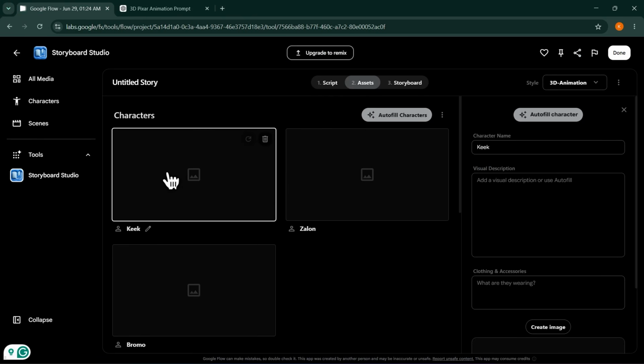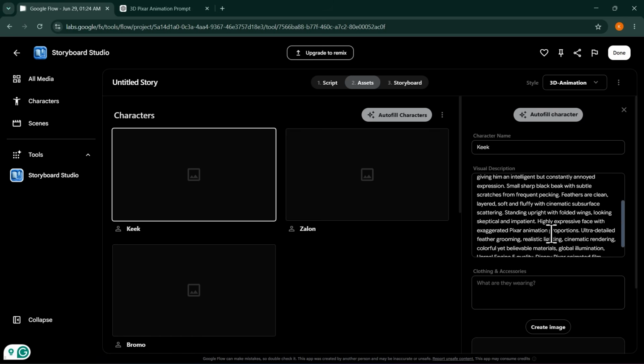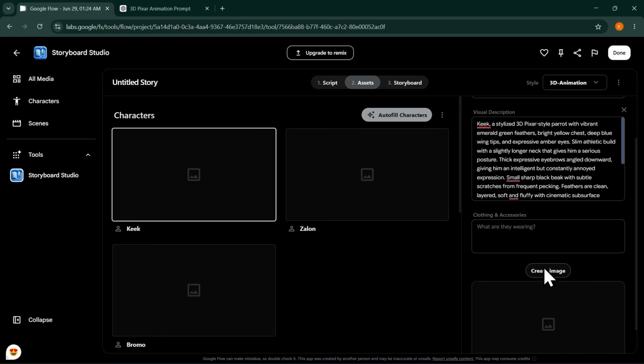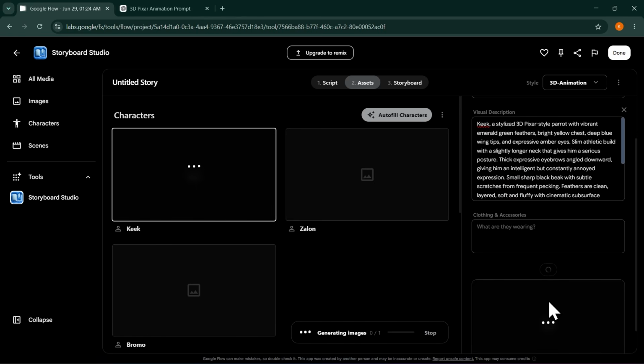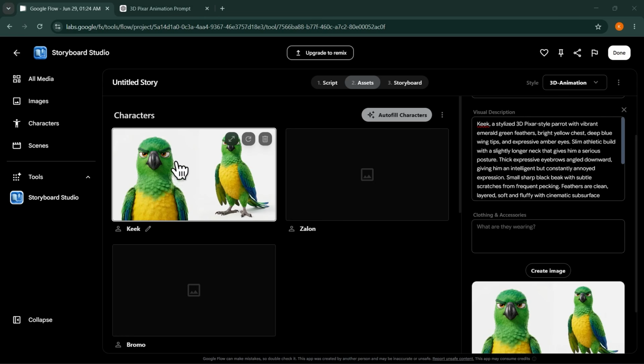I'm going to scroll up under the Kick character, just click on top of it, and inside this visual description, paste in this prompt and click on create character. And that is basically going to create the Kick character image for us. Okay, so now we have the image for Kick, and you can see this is the green parrot in our story. Okay, so now let's head back to